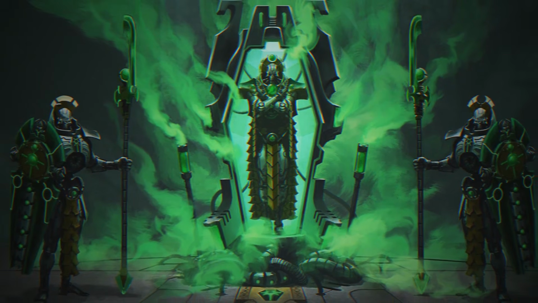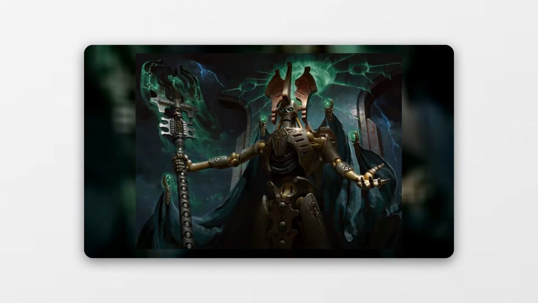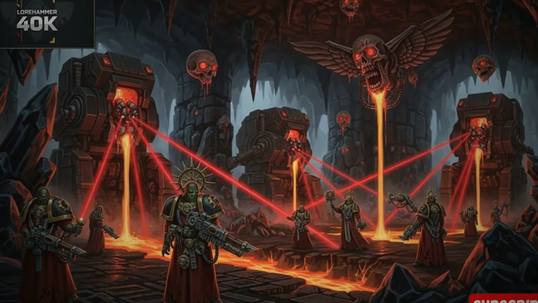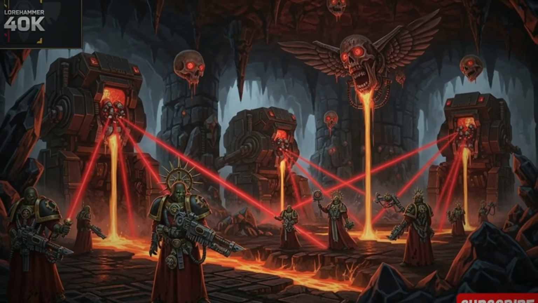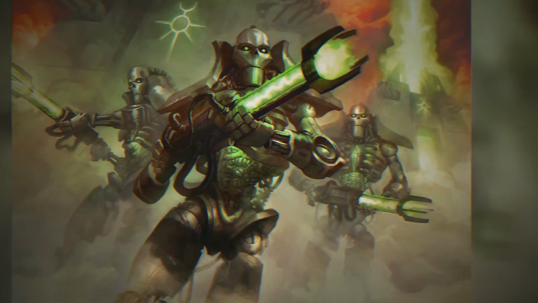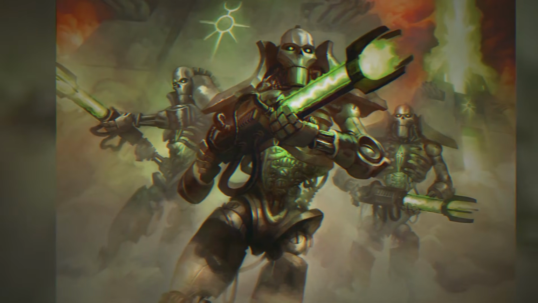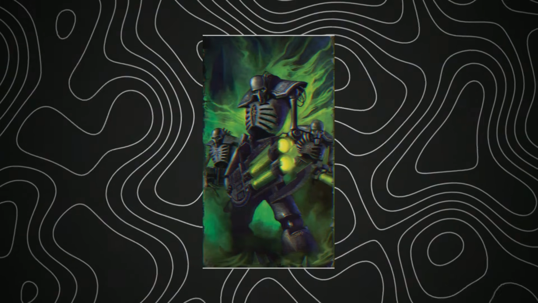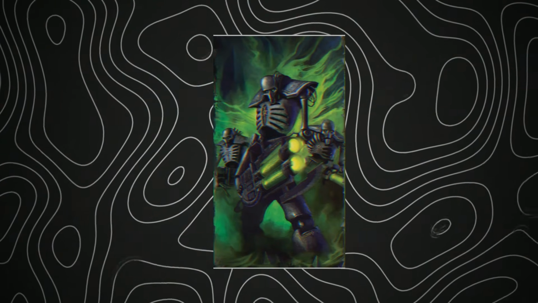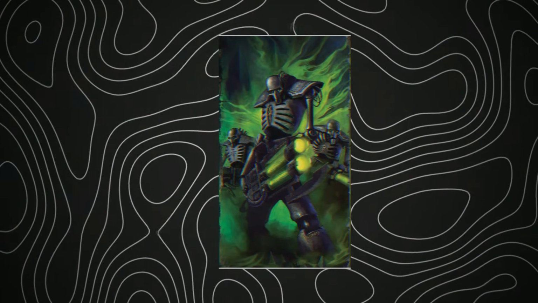The Silent King realized too late what he had done. He had not saved his people. He had damned them. But the Ceton did not care about the Necrontyr's regrets. They now had an army of immortal warriors, and they intended to use it. The Cetan commanded the Necrons to resume the war against the Old Ones, and this time, the conflict would be very different. The Necrons were no longer fragile beings of flesh who could be killed by disease or psychic assault. They were tireless, fearless, and armed with weapons of terrifying power.